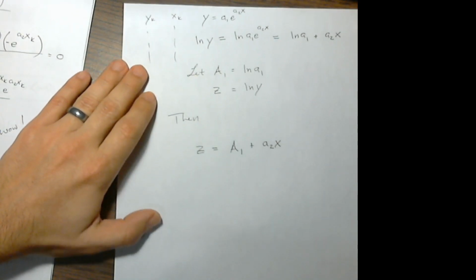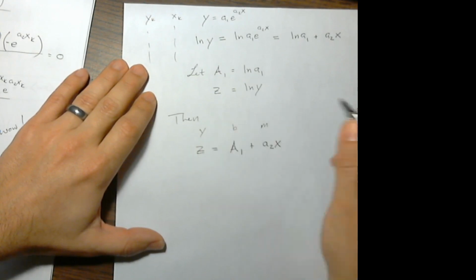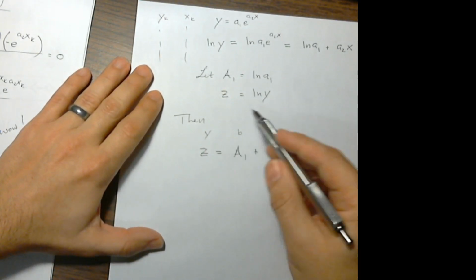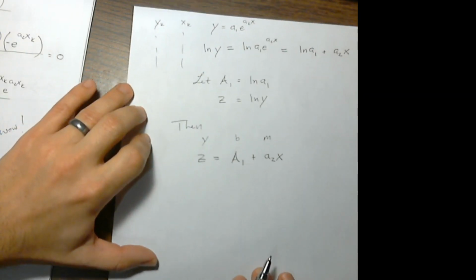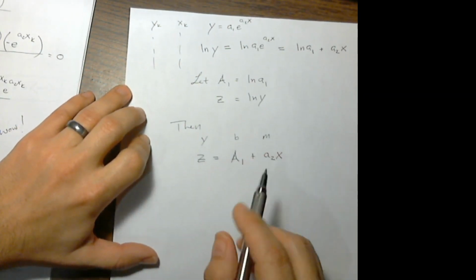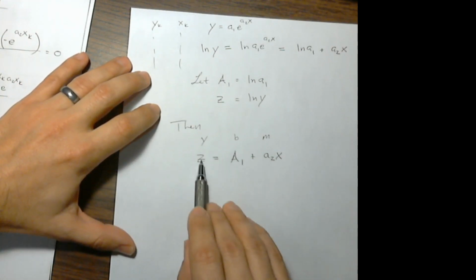Now it's a linear problem again. It looks like mx plus b. So what you'd have to do in order to actually use this trick, you would end up with, instead of